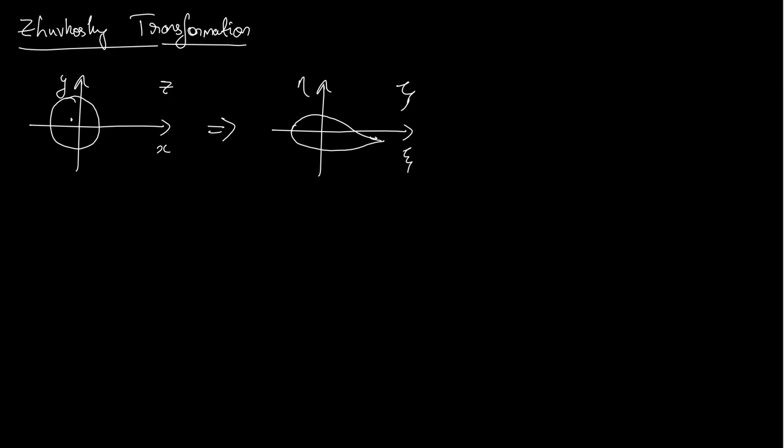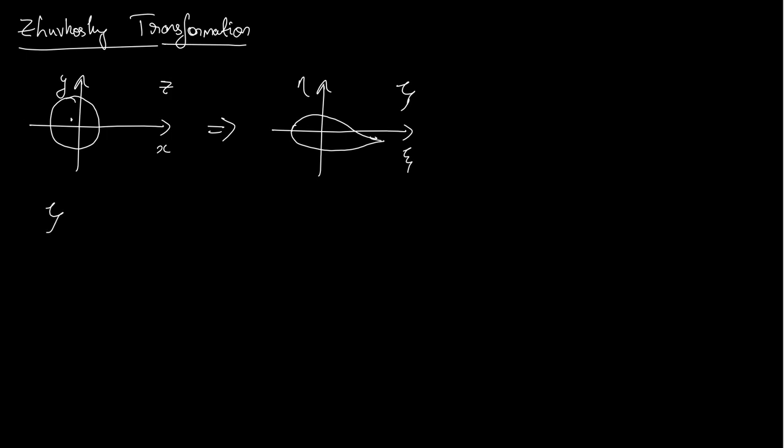So by analysis we mean that for a given complicated flow, we need to reduce the velocity potentials, stream functions, etc. It is easier to do for a cylinder compared to that of an airfoil. So this is just the pictorial representation. Let's see how the function looks like. So the function looks like this.